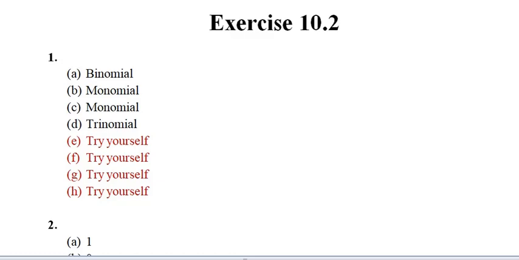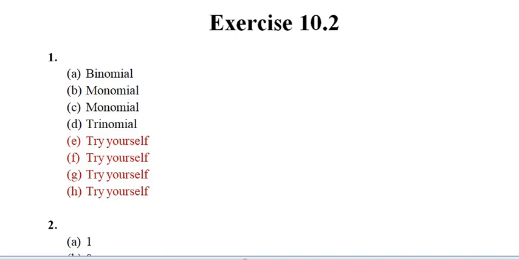A monomial is an expression in which there is only one term. For example, question number B, as we can see out here, 4x square y. There is no plus or minus. The expressions can be separated by the sign of plus and minus. Like in question number A, it is 3x plus 2y. So plus is a distinction point. So 3x is separate and 2y is separate.